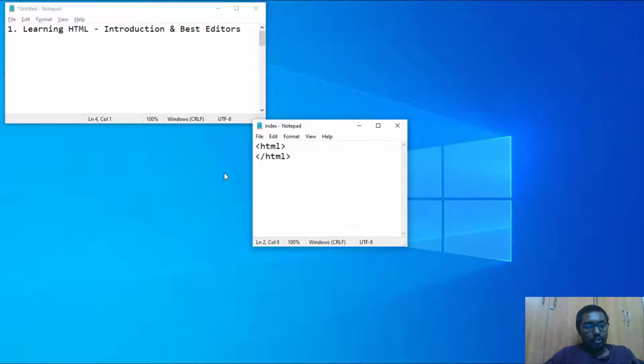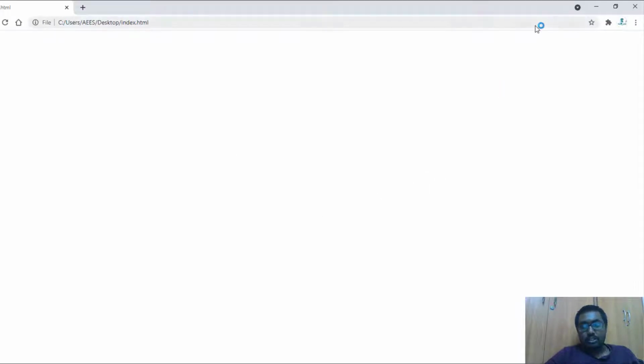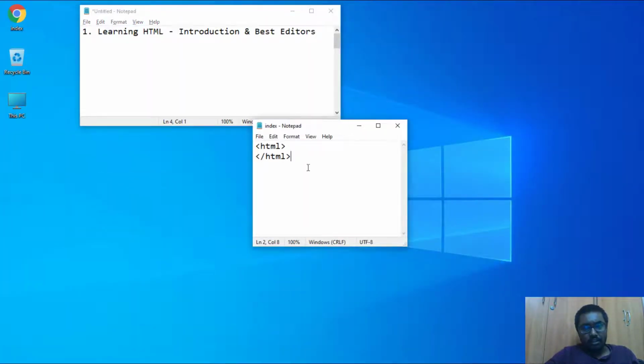So here you go, you have your basic file, and you can just double click on it to open it. Notepad is the best for beginners. It's a best tool where you will be learning more.